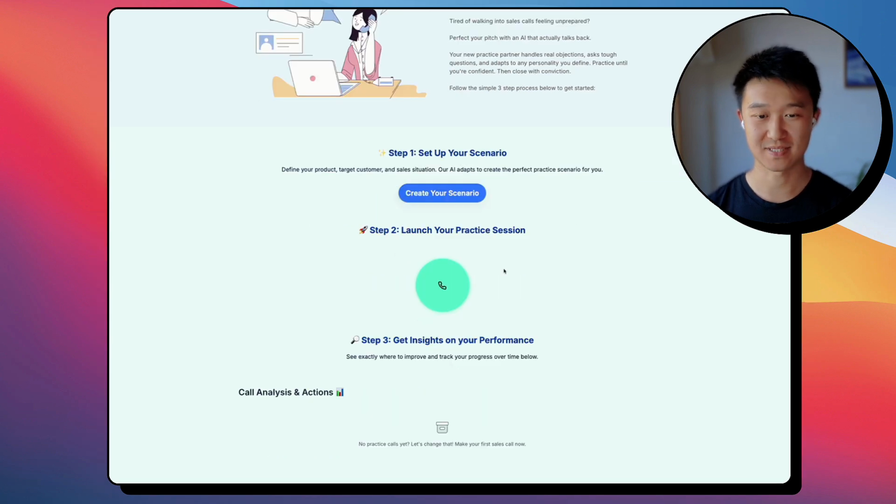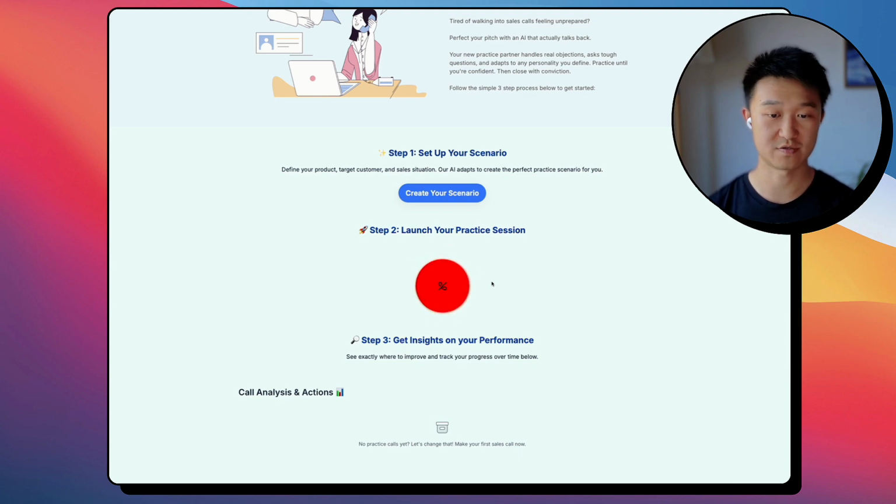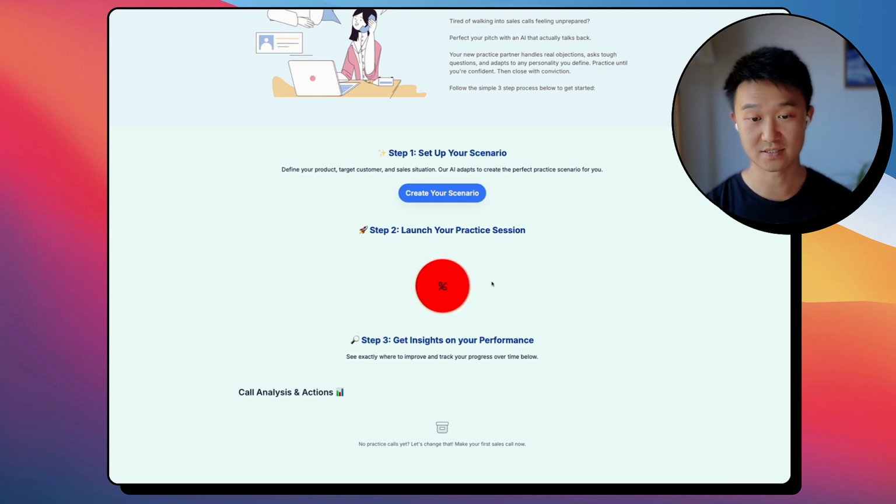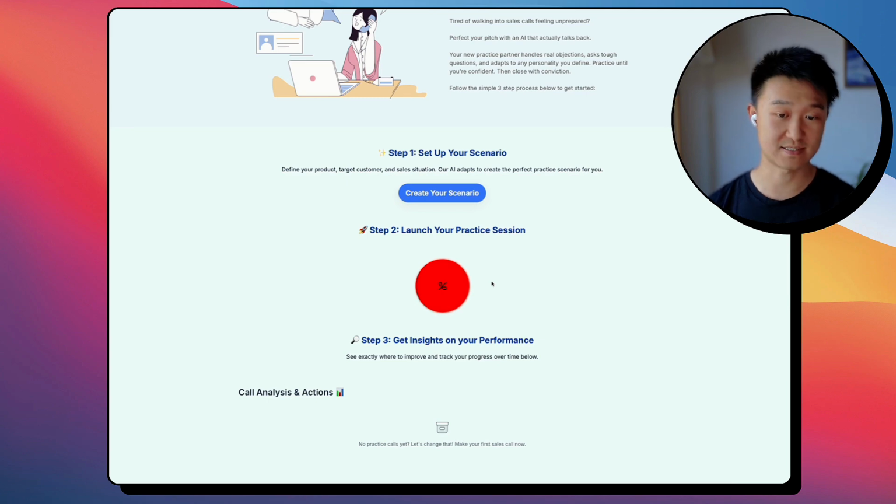And now for the fun part. Let's start our first call. Hi there, what did you want to cover today? Hi there. As a representative of Green Spaces, I wanted to know if you're interested in buying some office plants. Oh, office plants? That's interesting. What kind of plants are we talking about here? Well, we have a range of plants for different types of workspaces. We have succulents, leafy plants, the cactuses. It depends on your preferences, really.